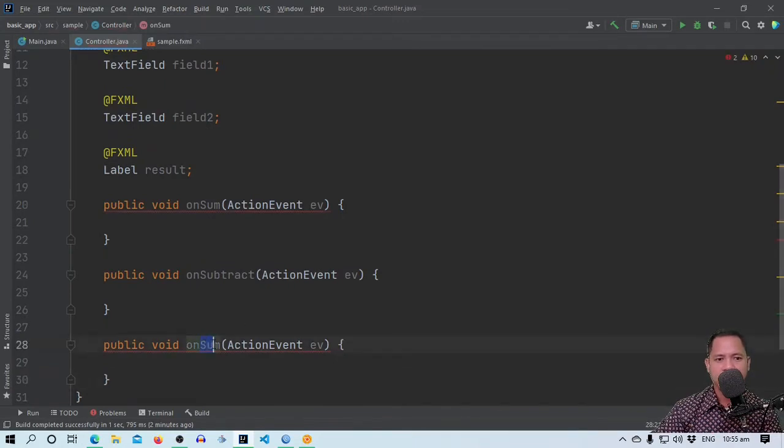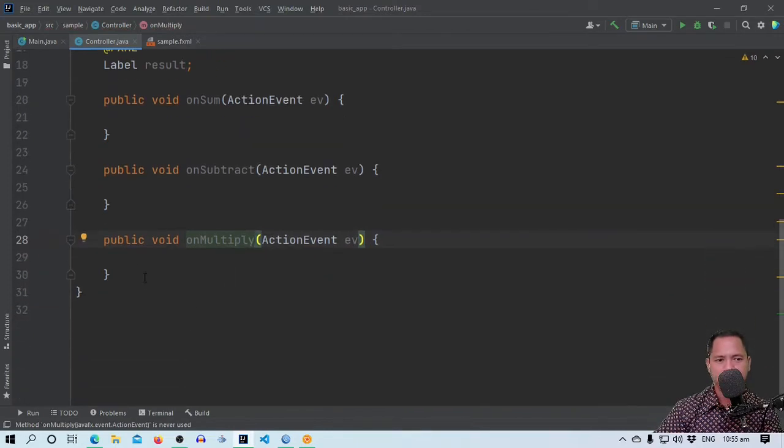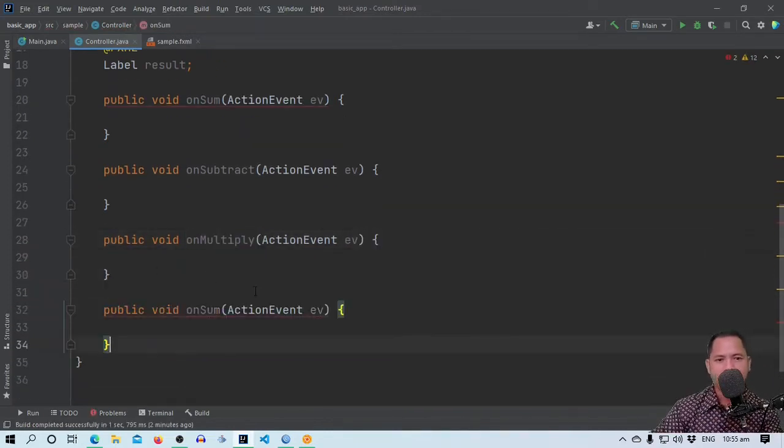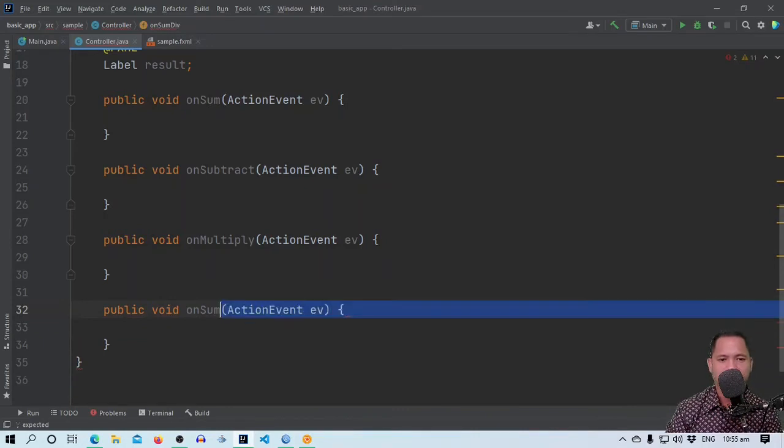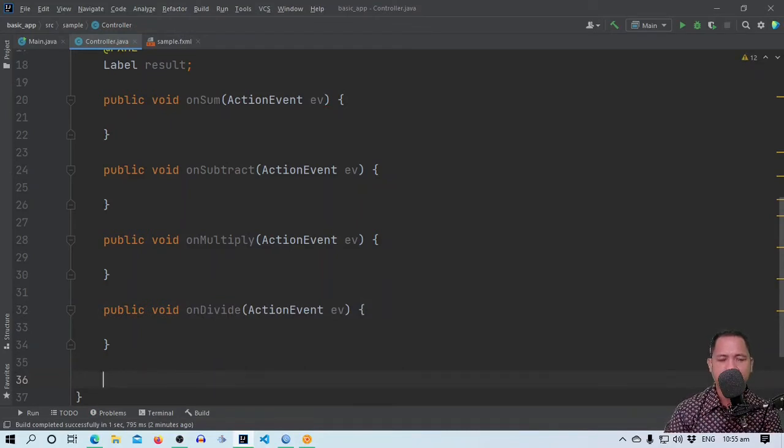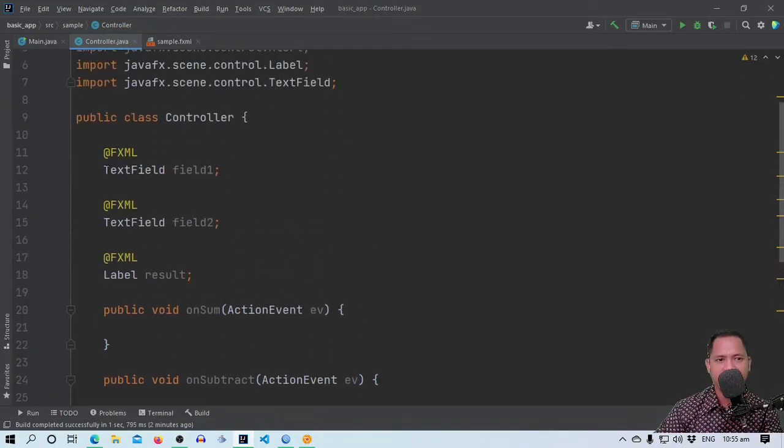Another one is on multiply. And finally on divide. And we'll also need to have a method that is going to validate our entry and save it